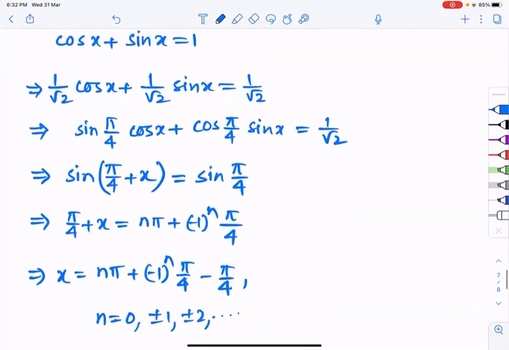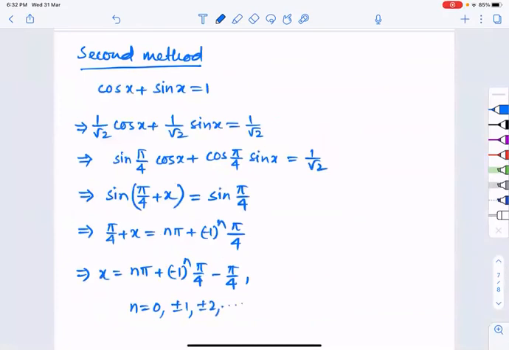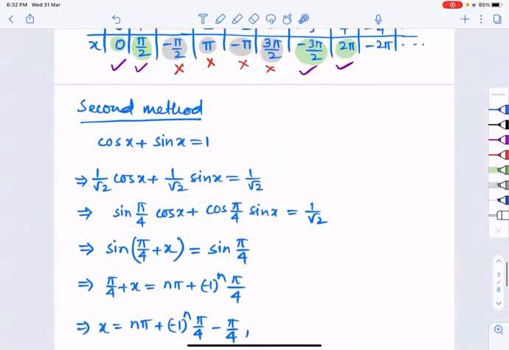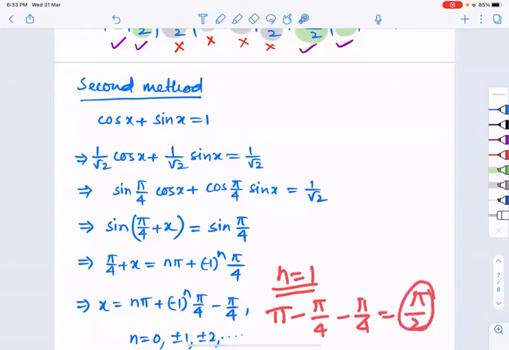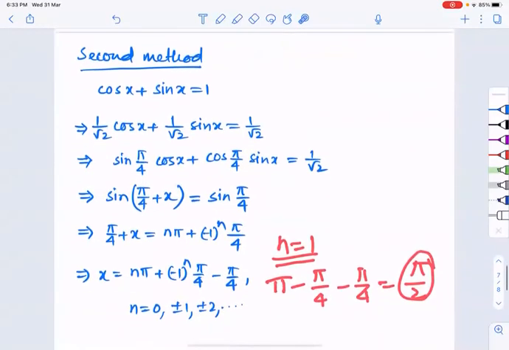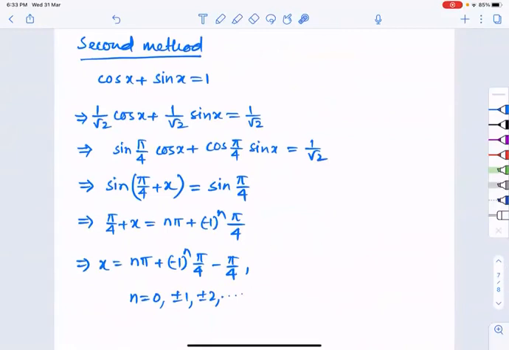So এটা আমাদের সলিউশন হয়ে গেল। এখানে আমরা চেক করতে পারি যে কোনো ভ্যালু নিলেই একে স্যাটিসফাই করবে, মানে এখান থেকে কিন্তু এই পাই বা π/2 এই ভ্যালুগুলো আসবে না। ফর এক্সাম্পল আমি যদি n = 0 বসাই, 0 বসালে এটা আসবে 0। n = যদি 1 বসাই, n = 1 বসালে কি আসছে? পাই মাইনাস π/4 মাইনাস π/4, তাহলে আসছে π/2। π/2 একটা সলিউশন, ওখানে টিক মারা আছে। -π/2 কখনোই আসবে না।